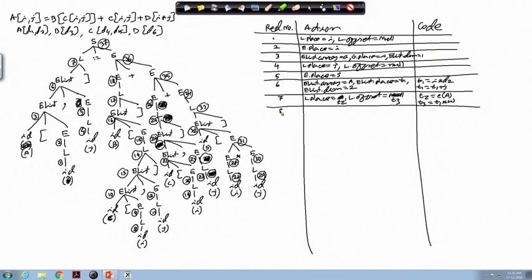Then at reduction number 8, L producing ID. So, L dot place equal to I and L dot offset equal to null.